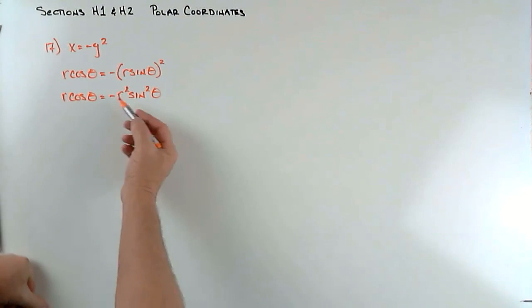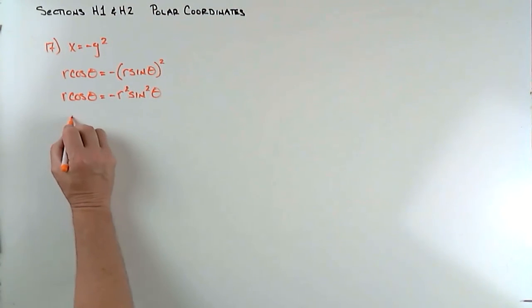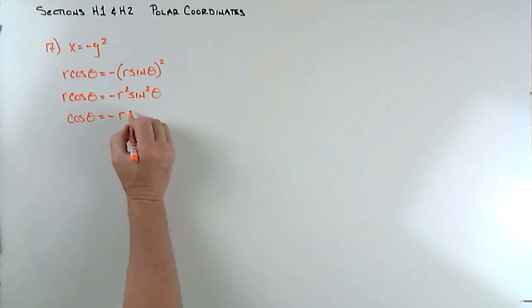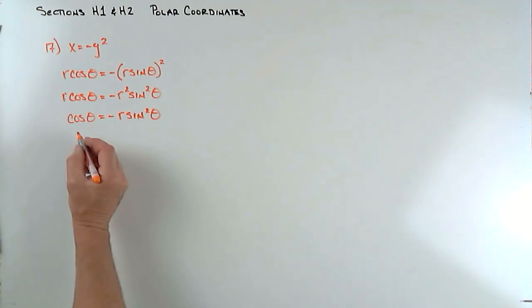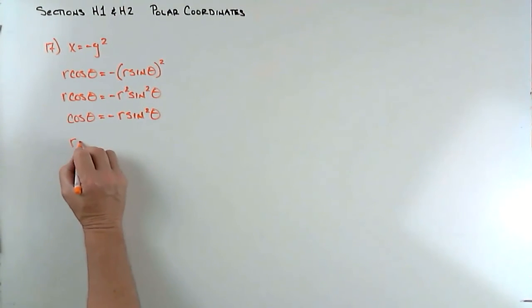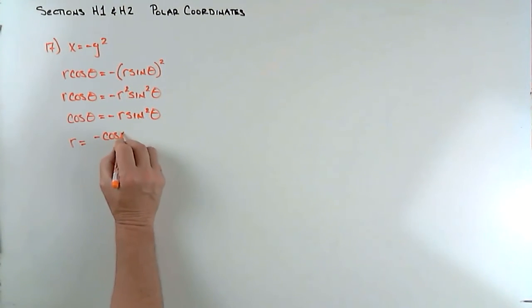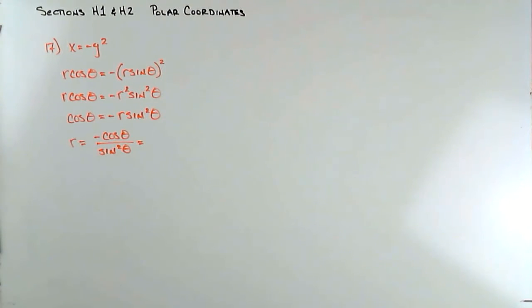And if we divide both sides by r, where r is greater than 0, we get cosine of theta equals minus r sine squared theta. And now we can move the sine squared over here and the negative, and we get r is equal to minus cosine theta over sine squared theta. Now cosine over sine is